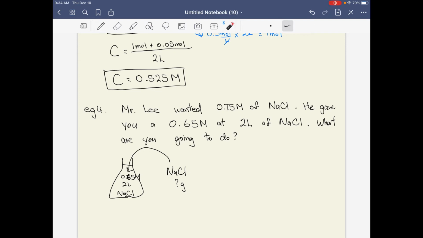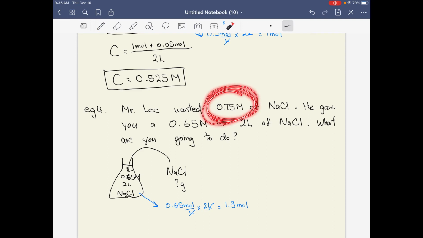It's actually pretty simple. Again, you want to find out how much mole is in here. So you're gonna do this. Okay, 0.65 moles per liter times 2 liters. This will give you the amount of mole that exists inside the solution initially. So that's 1.3 moles of NaCl. Hopefully I didn't do this wrong. Okay, now